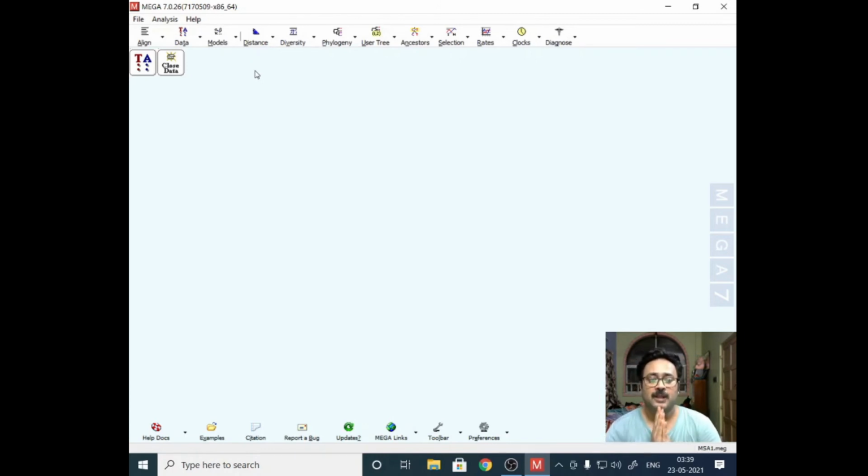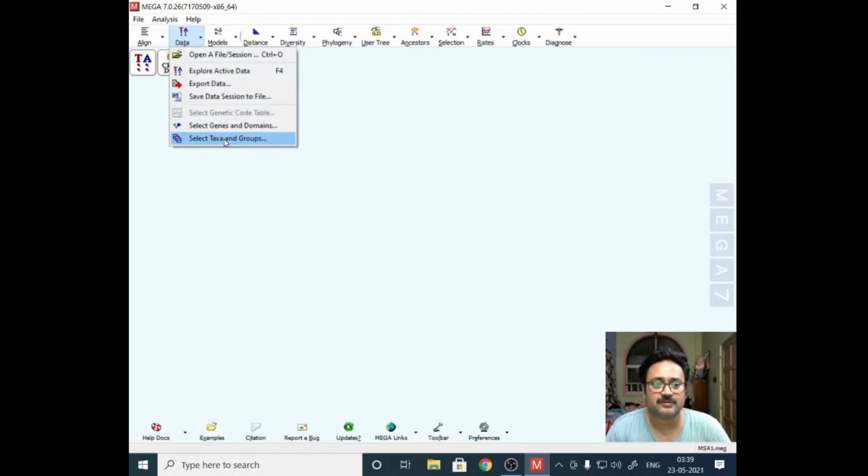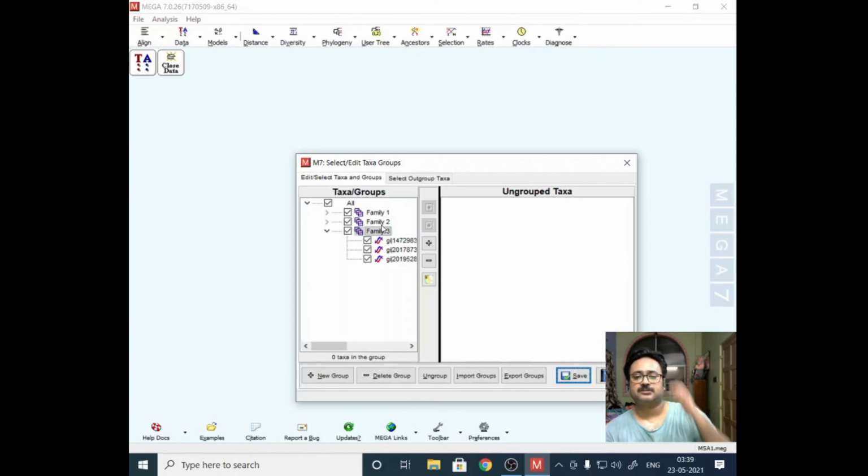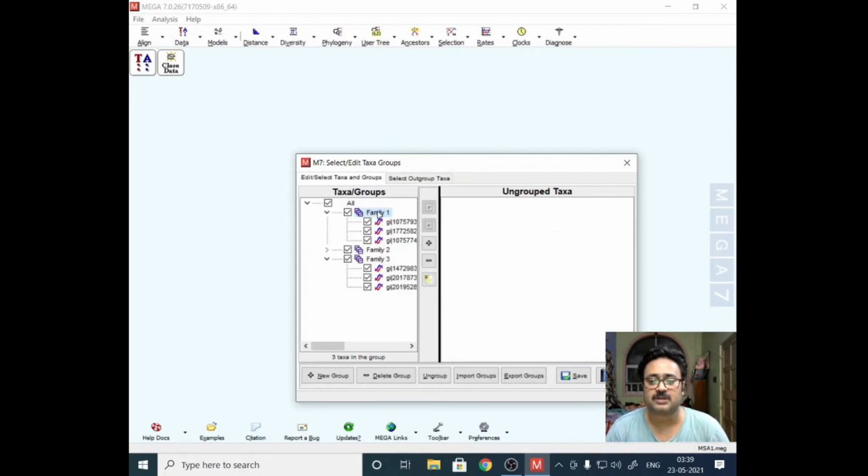You all must have heard about intraspecific and interspecific diversity. Now that I have divided the sequences into three families, I can do two kinds of analysis. One is the intraspecific diversity study. By intra we mean within. Suppose these three sequences are within family 1.